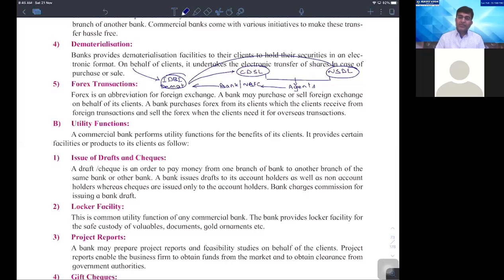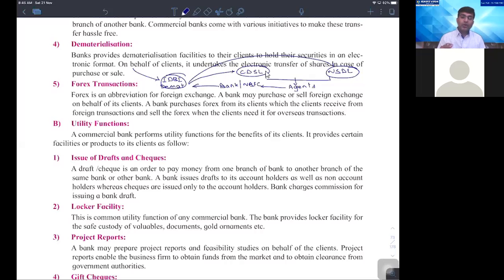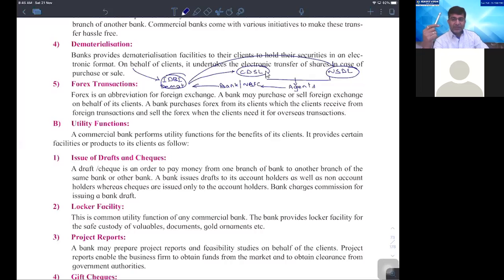So that is what we call the dematerialization services. Again, why is it included? सिर्फ आपको observe क्या करना है? What you are supposed to observe is you are supposed to understand कि अगर बैंक मुझे एजेंसी सर्विस प्रोवाइड कर रही है, मतलब बैंक is an agent for me. If you have observed whatever transactions we talked about, in all those cases, bank is working in the form of an agent only, isn't it?